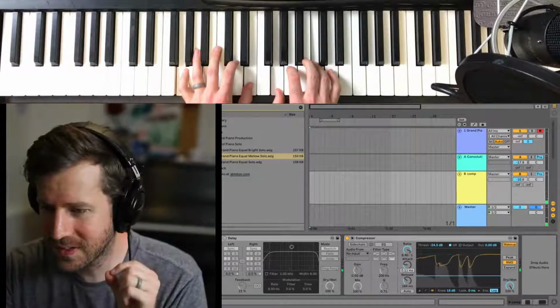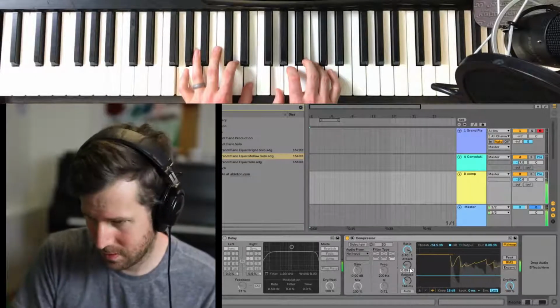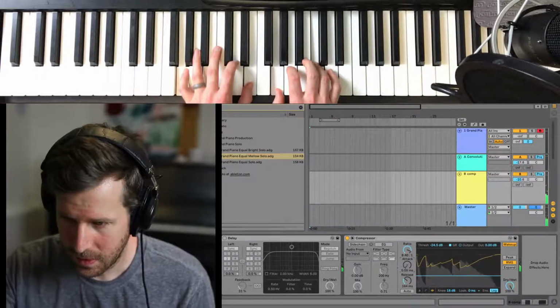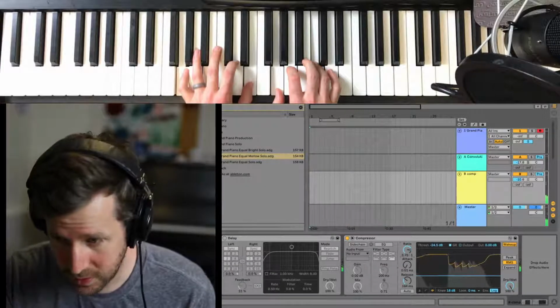So notes can get through fast. But I want them to be... still way too harsh, but